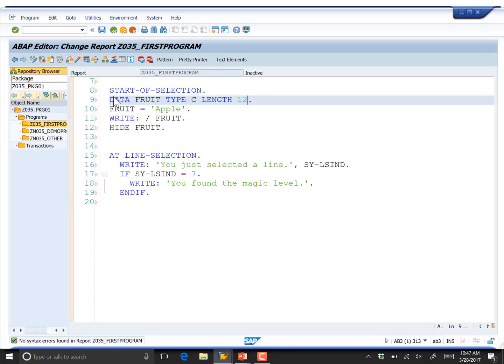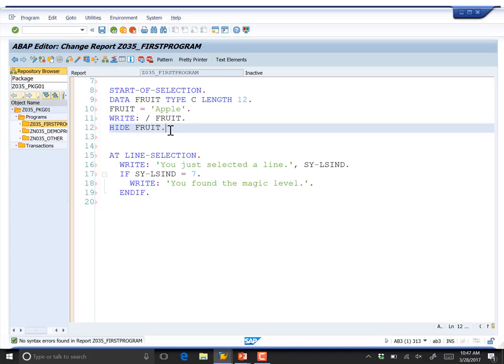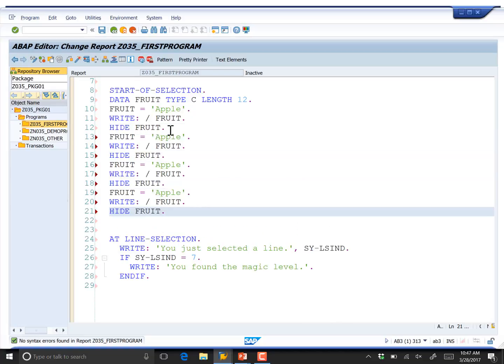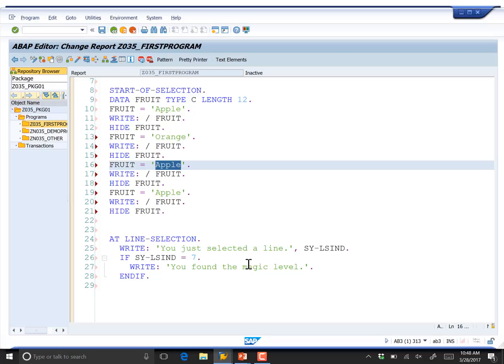Well, we need to continue this pattern now. I could, if I had a database table that had fruit in it, I could write code to do this, but for this example, we're just hard coding in a bunch of stuff here. Orange. So I'm going to write out orange and then hide orange, and then grape, and then lastly